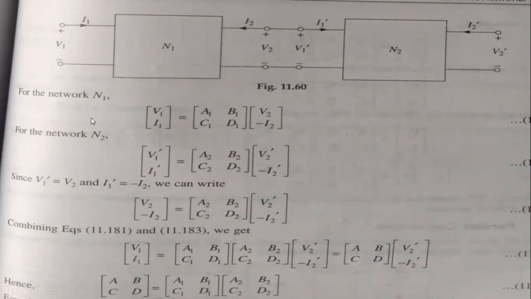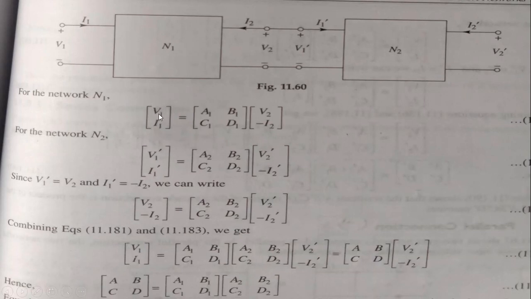See here how we can represent this in the form of a matrix, for simplification and better understanding. Already we have explained this one. V equals IZ, or whatever you want to write. Here Z is nothing but any parameter we are going to consider, whether we want ABCD, H parameter, Z, Y, or G, likewise. So Z represents the parameters, and here we are writing the expression in the form of voltage as well as current.